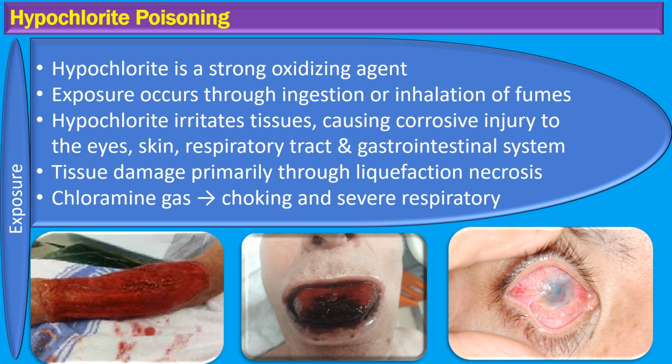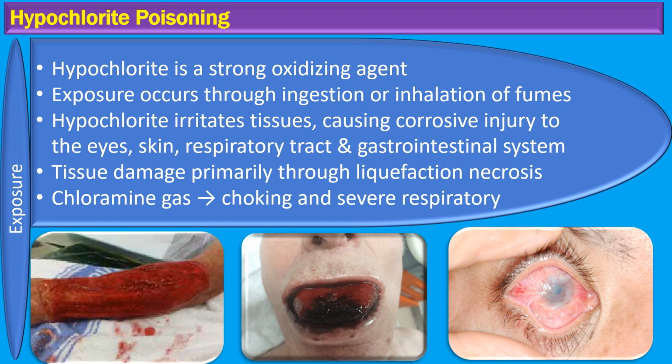Corrosive injuries can affect sensitive areas like the eyes, the skin, and the respiratory and gastrointestinal systems. The type of tissue pathology we often see is a liquefaction-type necrosis. This is not just a surface issue, it's a deep-seated tissue injury where fats and proteins undergo saponification, leading to profound tissue damage. But the danger doesn't stop there.